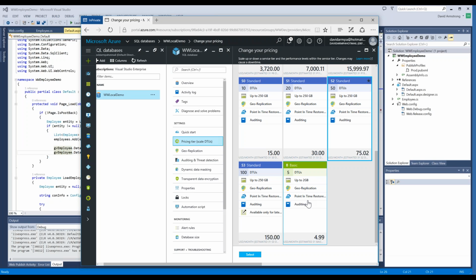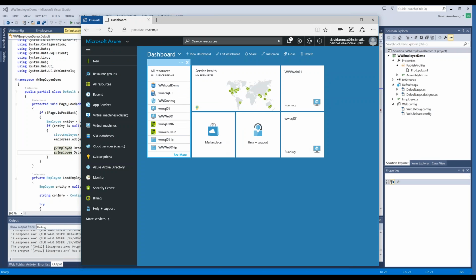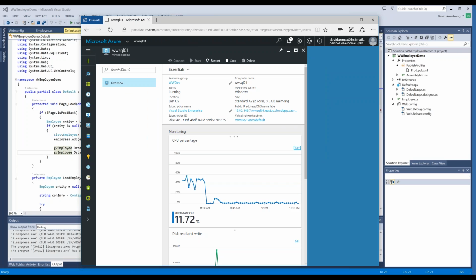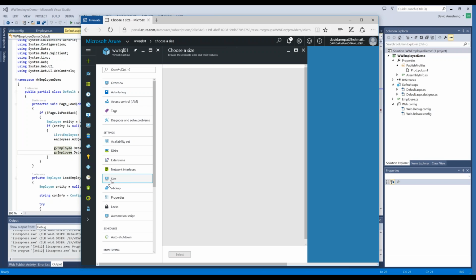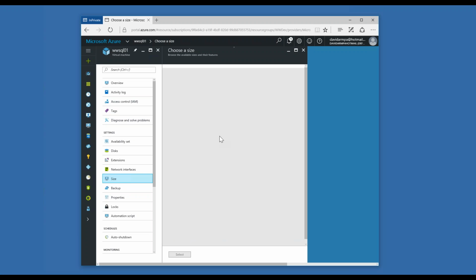Thanks for bringing that up, because the other thing I wanted to show inside of the virtual machines is, if you decide you need more horsepower here. Let's see, where is that? Size. Okay, so you can come here, and we're waiting on my internet connection. I don't know why this isn't coming up, but the whole point is that you'll see the existing configuration, and you can change this. There they go.